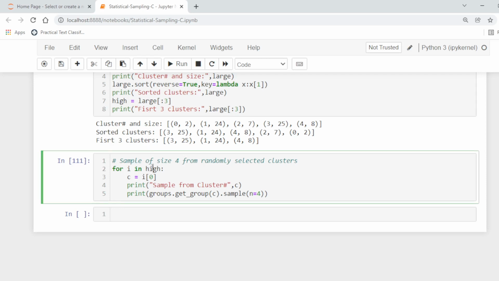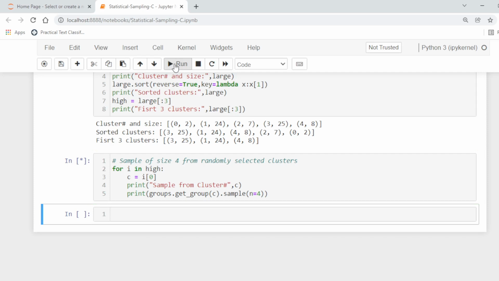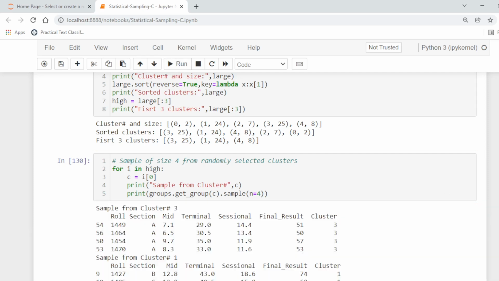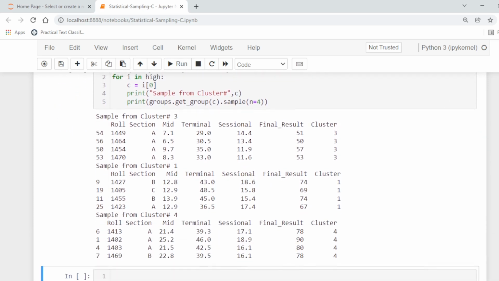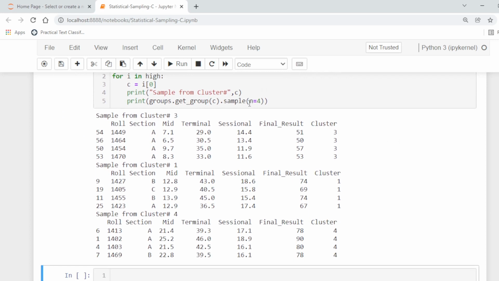If we run this, we get the sample from cluster number 3. We are taking 4 samples from each cluster having a large number of members. This is cluster number 3, so 4 members were selected randomly, and this is cluster number 1, and the last one is cluster number 4. So this is multi-stage cluster sampling. Thank you.